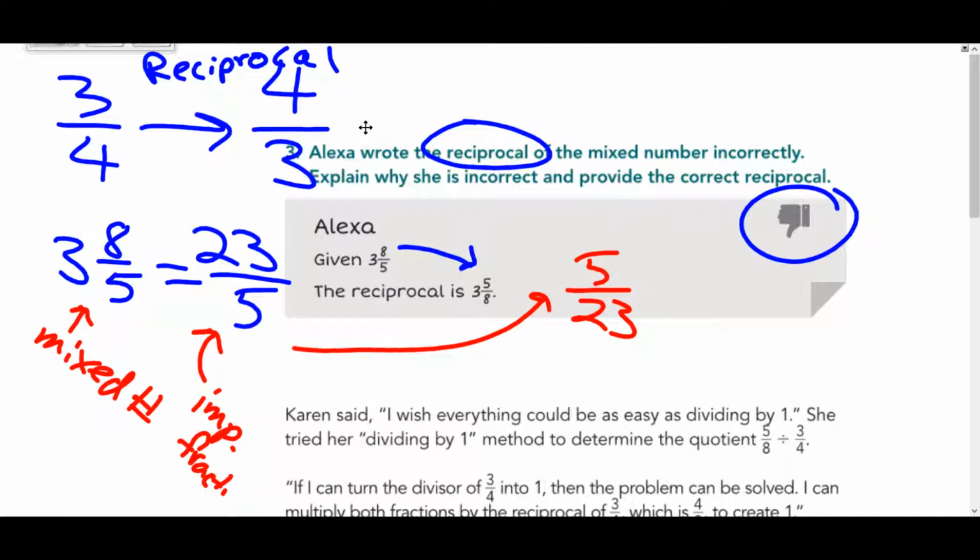Okay, today we're going to talk about dividing mixed numbers, and